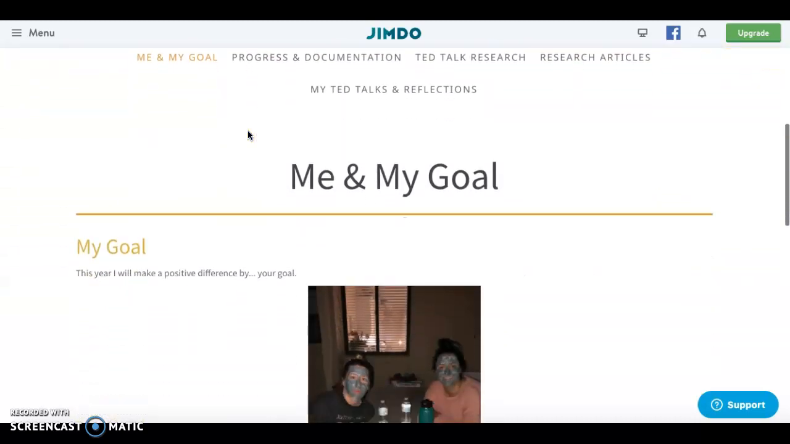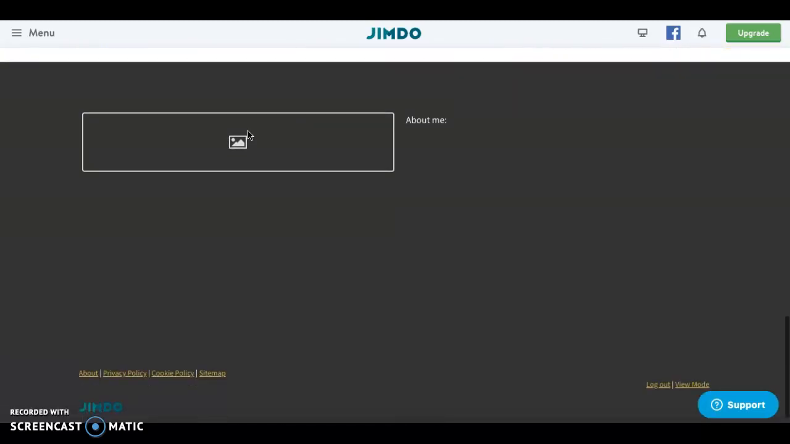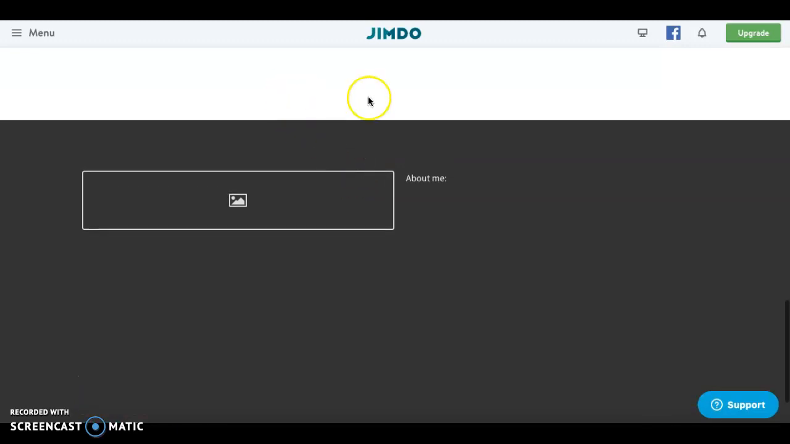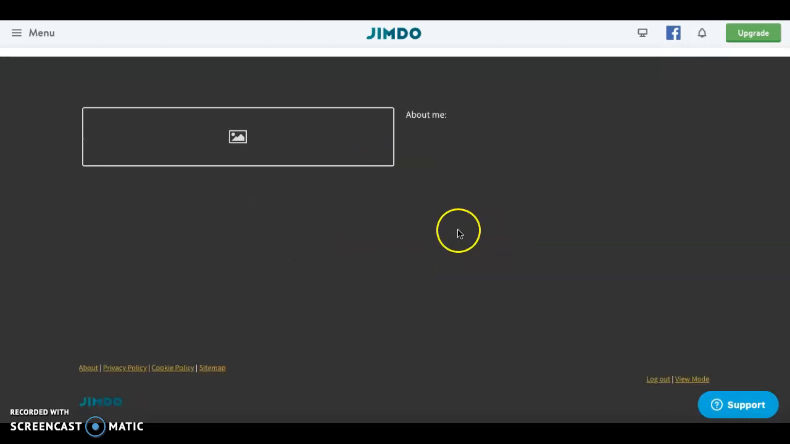Now that we've filled in the information for the Me and My Goal page, we're going to come down here to the very bottom. Remember, underneath this line, anything that you put down here will show up on each of your subsequent web pages. So if you have stuff down here like those links to social media, the graphics or whatever, just delete anything that's down here already and instead do Add Element